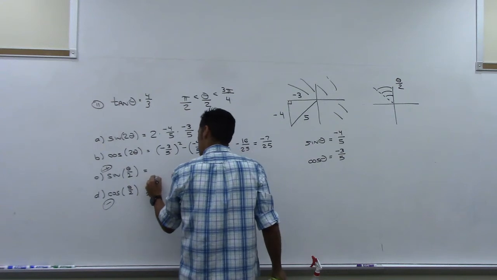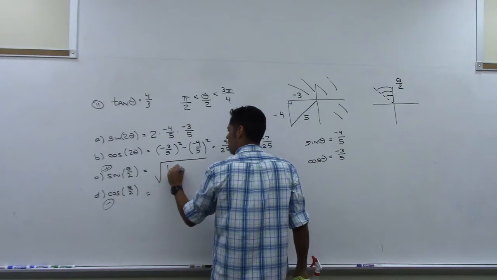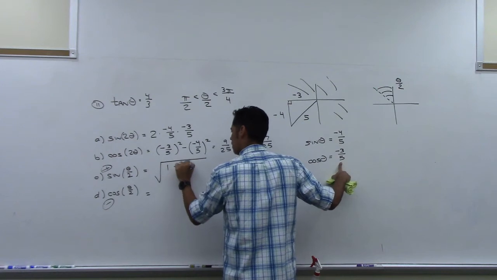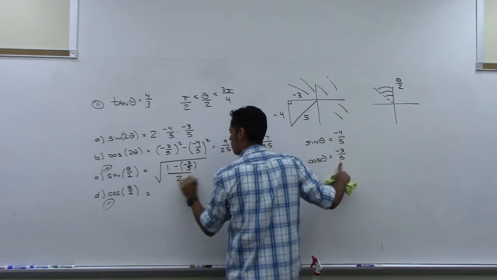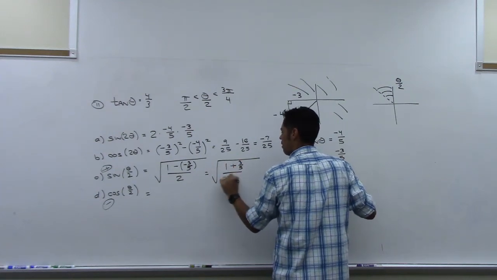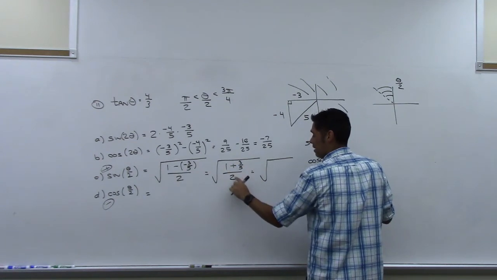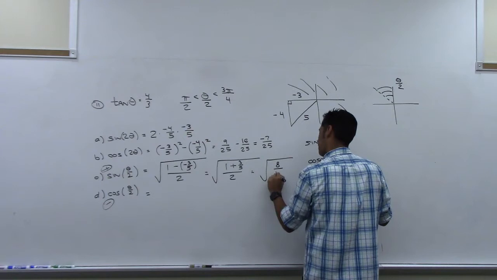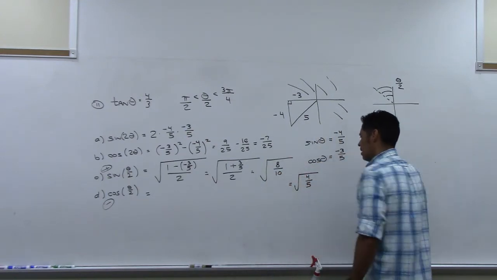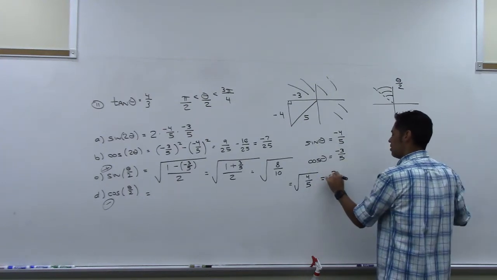So when I do the formula, it's going to be square root. It was plus or minus, but I'm going to use the plus. 1 minus cosine theta, which is this, negative 3/5 over 2, which is square root of 1 plus 3/5 over 2, and that's square root of, let's see if we add those together, we get 8/5. Then divide by 2, we get 8/10. And that reduces to be square root of 4/5. And you could rationalize after you do the root on the top and bottom, you get 2 over root 5,